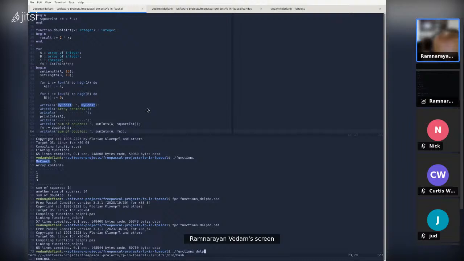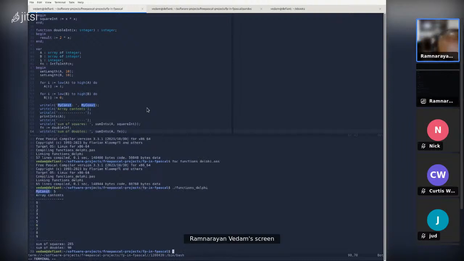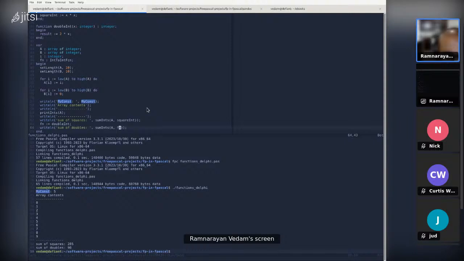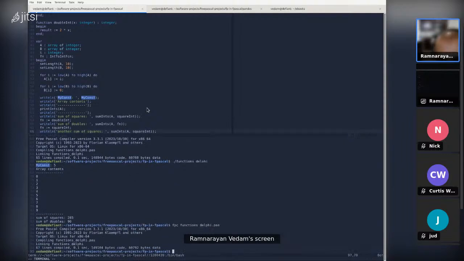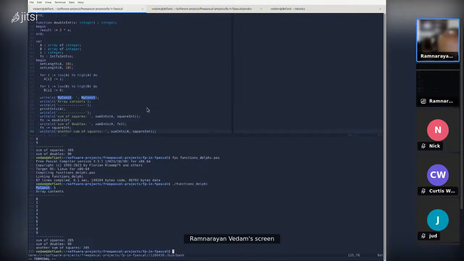You can see we have our sum of doubles. If I go in, reassign this to square int, and then create another sum of squares, you can see this all kind of works as well.